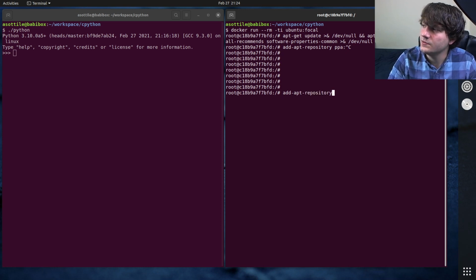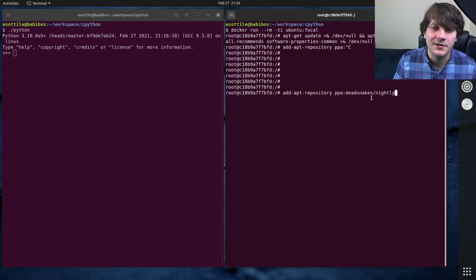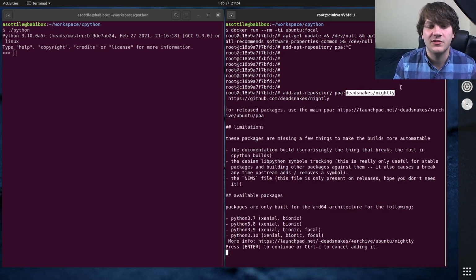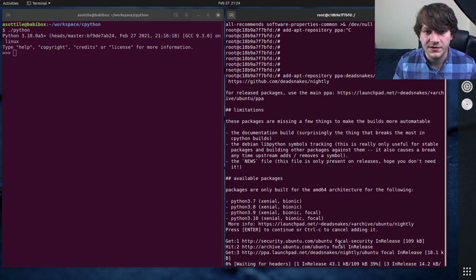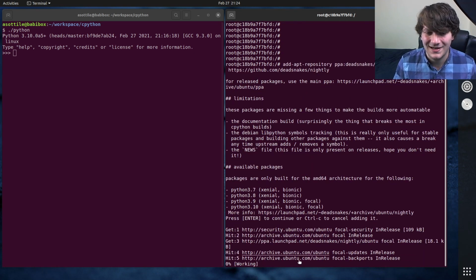Add repository PPA deadsnakes/nightly. These are a set of builds that I do once a day that contain a very recent version of Python. You can see some blobs here. Available packages 3.10. You'll say enter to accept it, and then you'll do apt-get install python3.10, and then you'll have